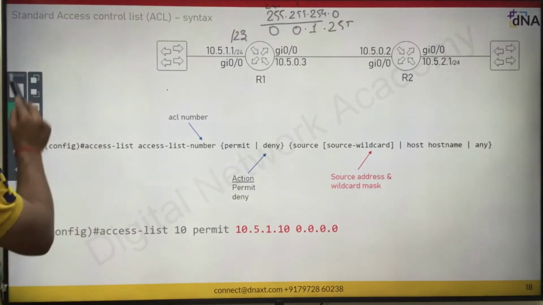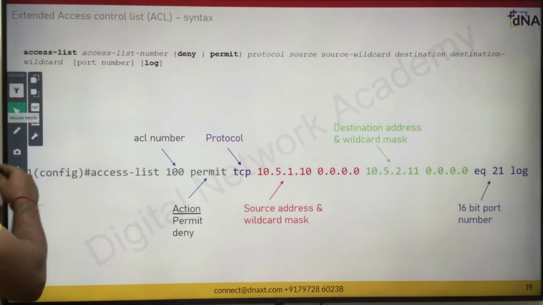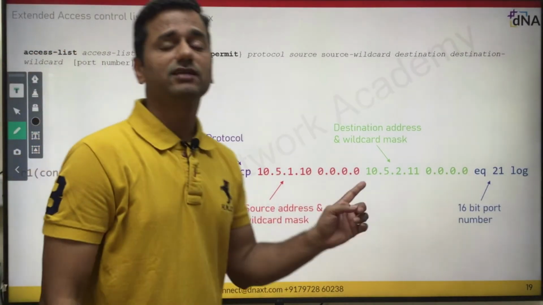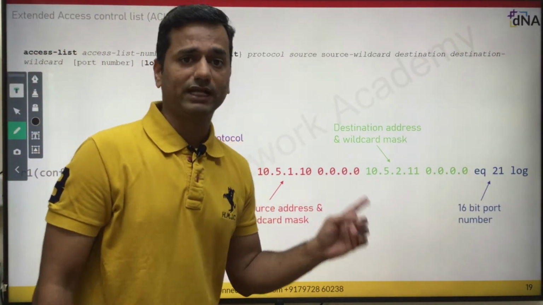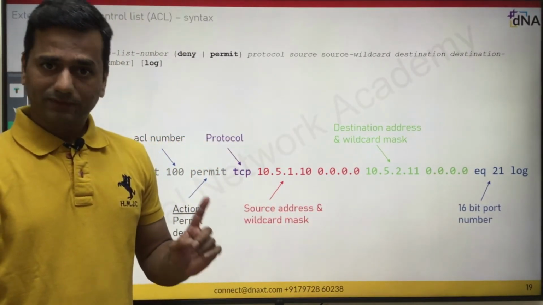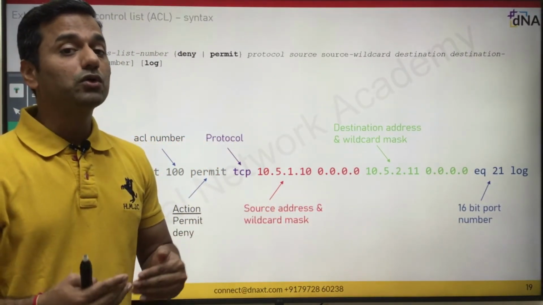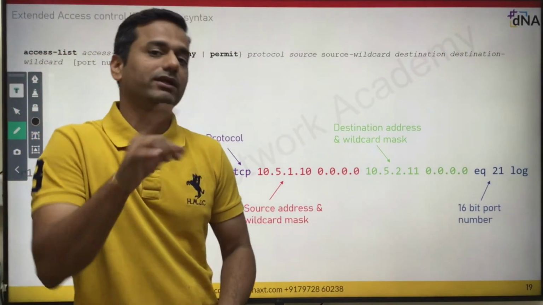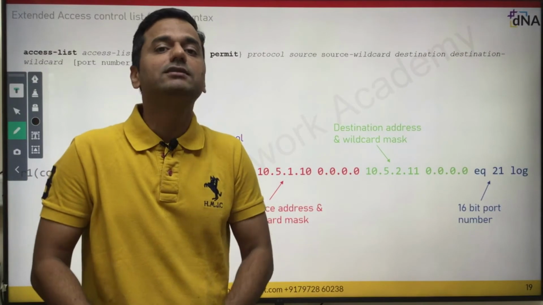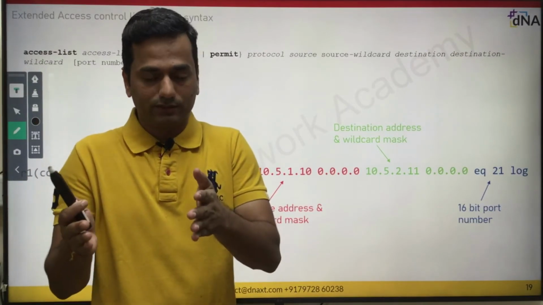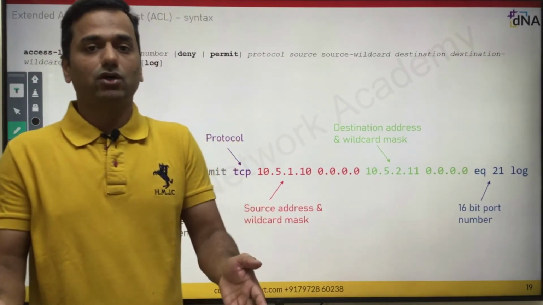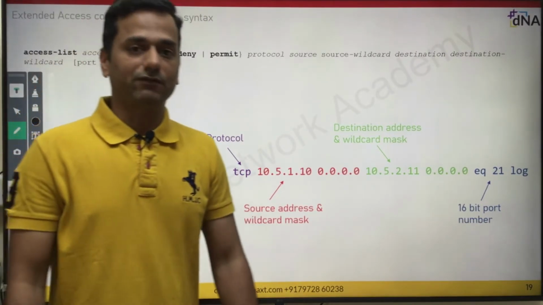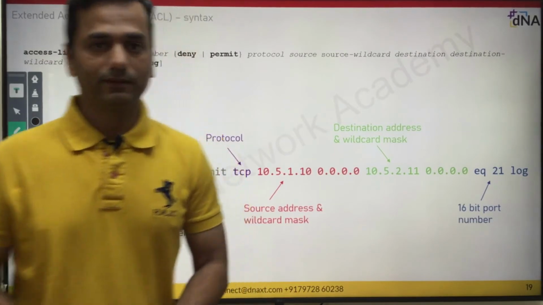So now, guys, hope you got the syntax of the standard access control list and the extended access control list. Correct. So let's look at the actual configuration. We'll put a question mark after every command, and I will describe what fields your ACL syntax allows to match or to take the correct action. Yeah, perfect. So let's go. Let's move on.